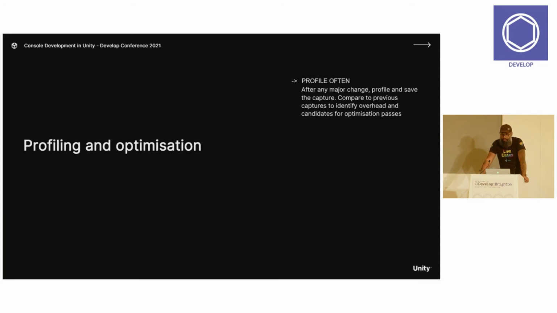Or you can use profile markers. If you've ever used profile markers before, they're a great way. You can put profile markers in your code. You can simply place a Profiler.BeginSample, and then you can sample whatever is in that code, and it will show in the profiler. Just remember to put an EndSample somewhere after it as well.